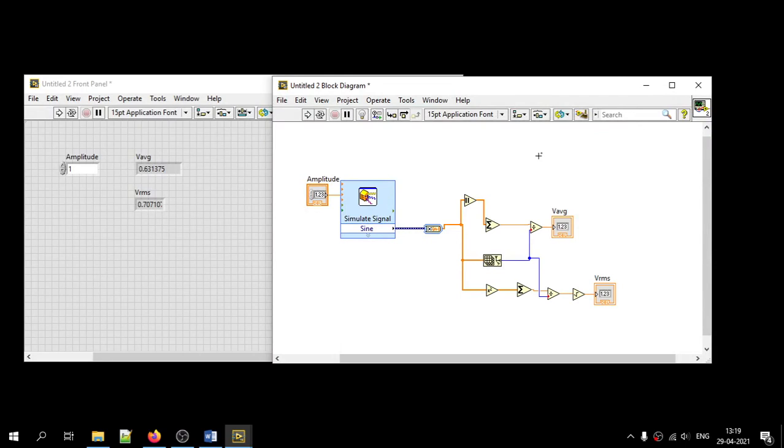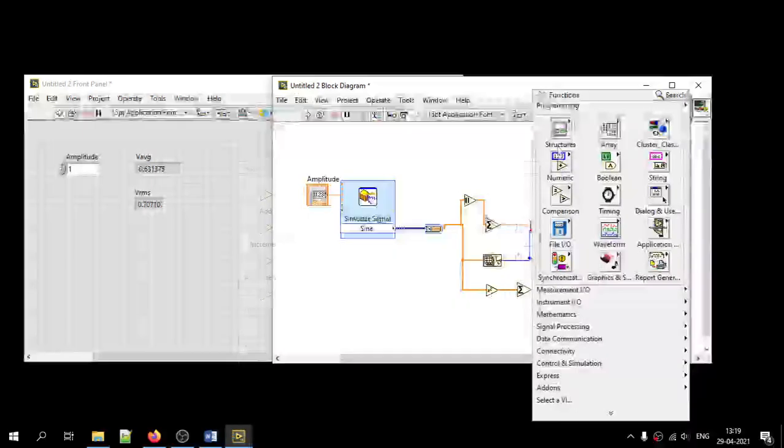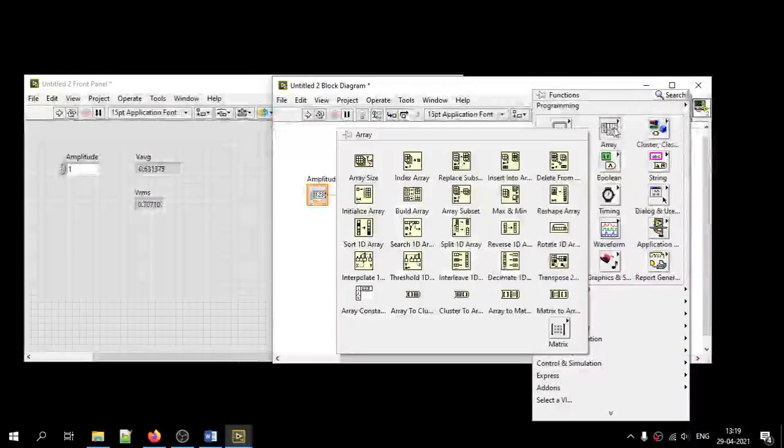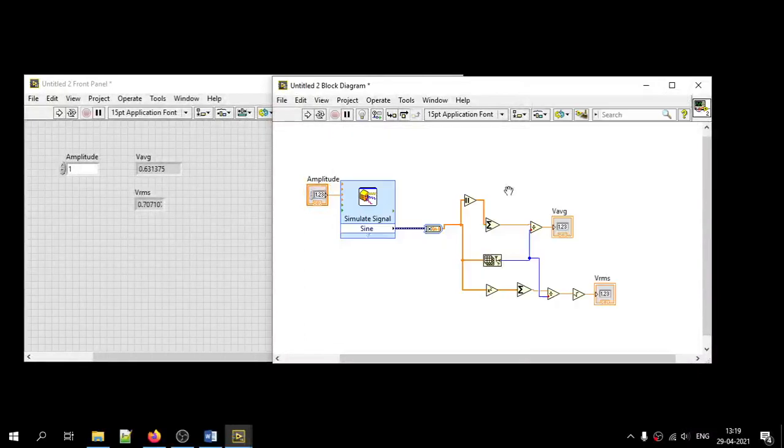But if the signal has an offset, then we need to calculate the peak value. As of now, the signal we have generated doesn't have any offset. We need to find the maximum value. The maximum value of an array can be obtained using the array max and min block. You select the block under Array, pass the input array, and the first output will be the max value.